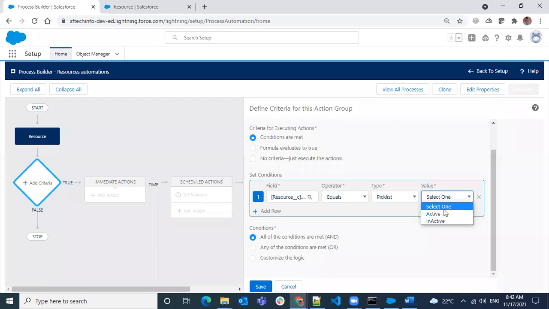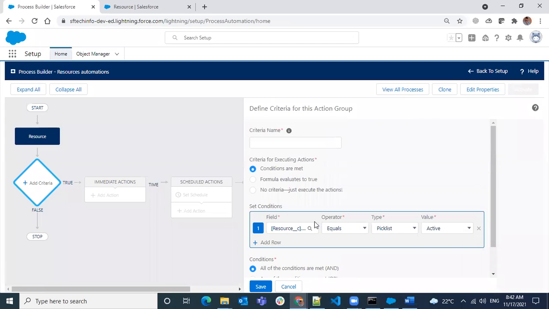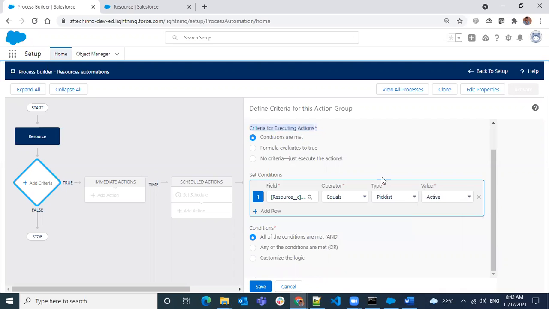When the status value is active, all conditions have to be met. My criteria name is active resources.